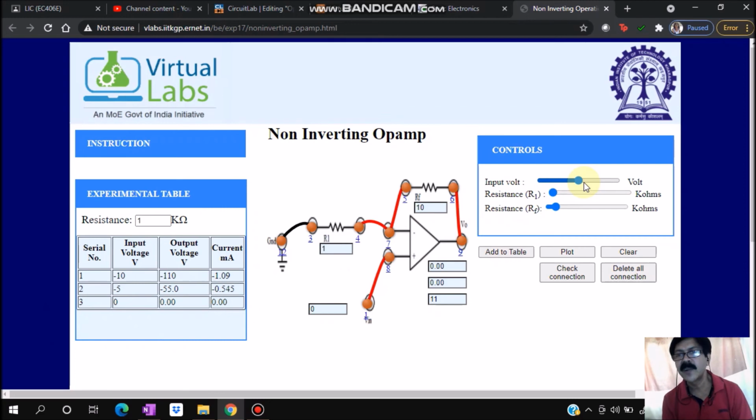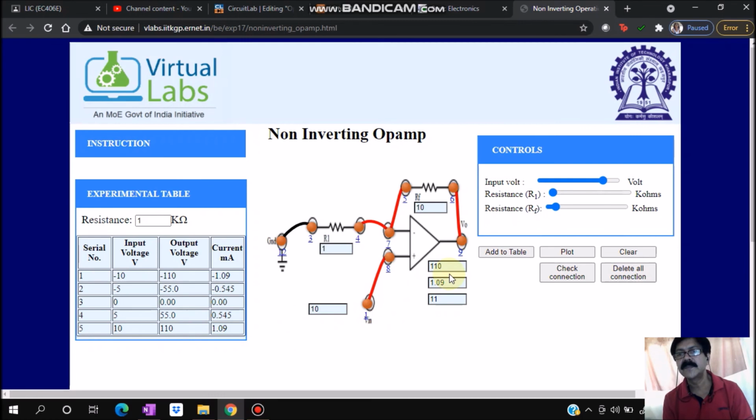As it is a theoretical one, I am getting actual 0 volt, but you know, due to offset voltage there is a possibility that some voltage may be there in the millivolt range, although we have not minimized the offset. Now, similarly, I'll check for plus 5. So for plus 5, let's see what is the output voltage. I am getting 55 millivolt. And then the last, let's say 10. For 10 of input voltage, what is the output voltage? In this way, I am getting 110.